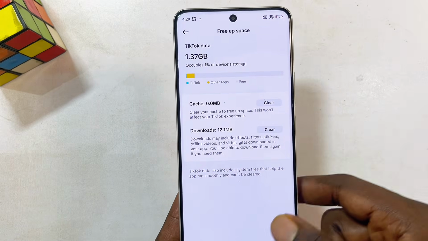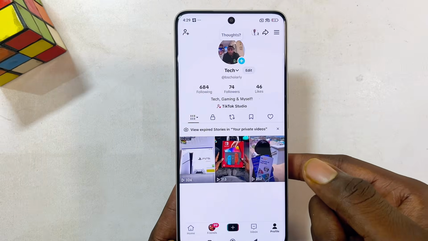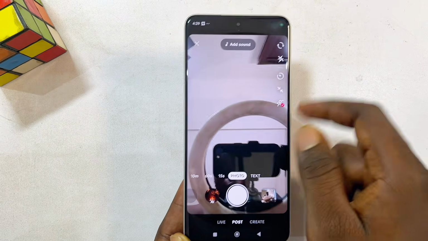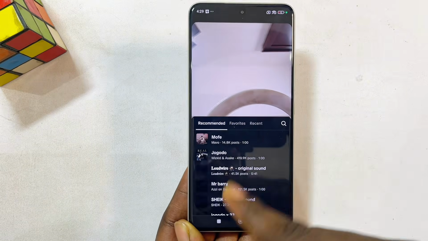Click on clear. And now you want to go ahead and check your favorite tab again. You want to try and make a post and see if that will actually fix that problem for you. And as you can see, mine works